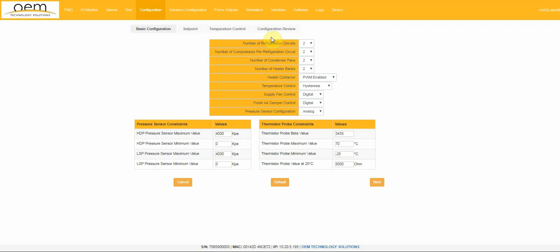Now, on the basic configuration window, we have a list of options to choose from. The user can define the number of refrigeration circuits, the number of compressors per refrigeration circuit, the number of condenser fans, number of heater banks, and whether to have pulse width modulation enabled or disabled on the heaters,